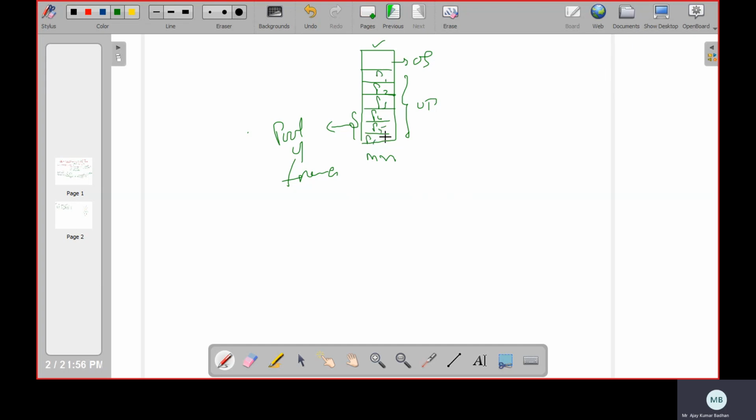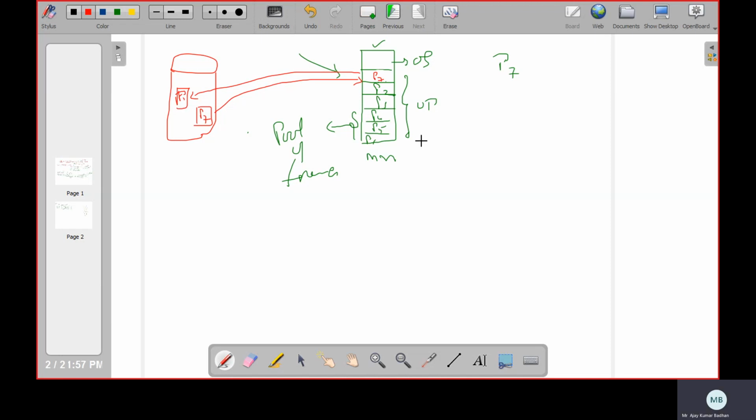So here you see this is full. Now page 7 came and I want to allocate it. In the previous strategies, the system will try to select a victim, which one to replace. Let us suppose I want to replace page 1. First I will remove this particular page 1. I have a backing store here, so I will swap out page 1 to this location, then make that frame free, and then P7 is allocated there. P7 is present in the backing store, so I am swapping in P7 and P1 is swapped out. This is the way it works.